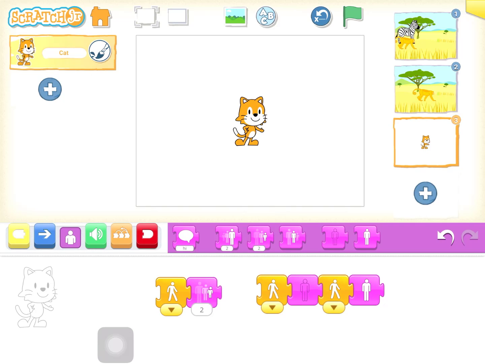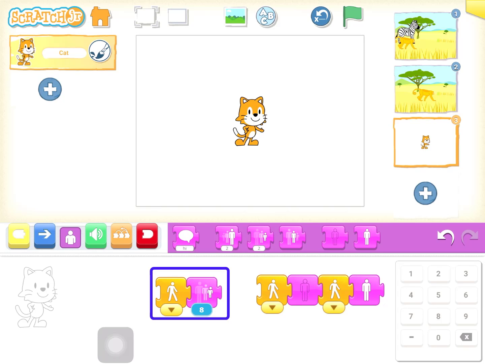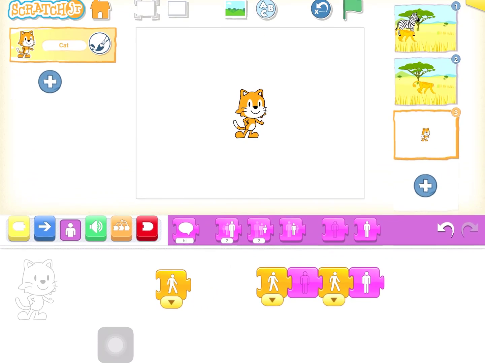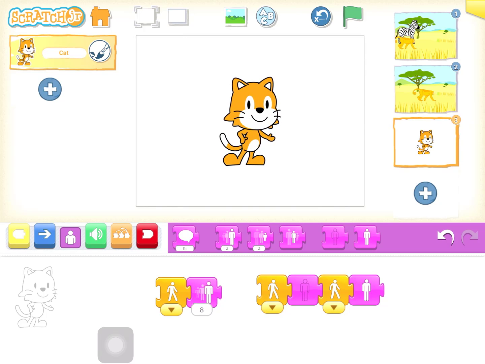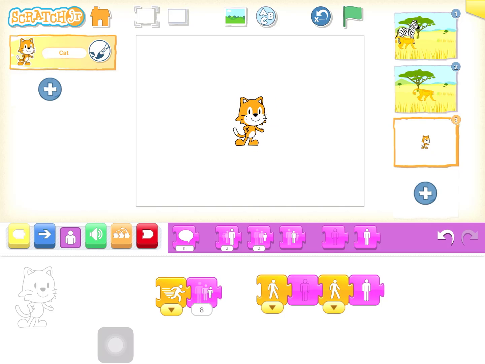Or if we try here, we want to make it grow, let's say 8 times. No, it's shrink. Oh yeah, this is shrink. So we will remove this and we'll make our cat grow slowly, and let's grow it 8 times. So let's see how that looks. Now if you want to shrink it fast, what we can do is use the shrink block, shrink it again 8 times, and change the speed to fast. And when I tap on it, see, super speed, it shrank quickly.